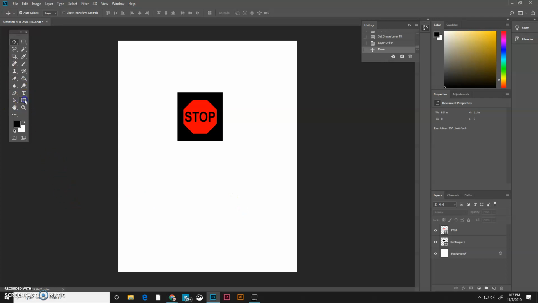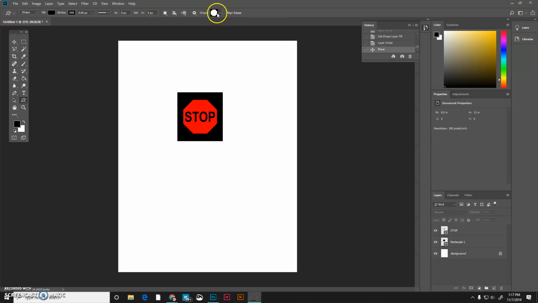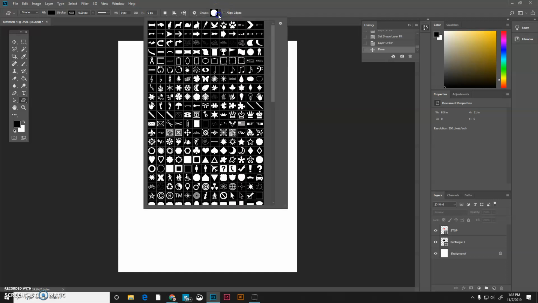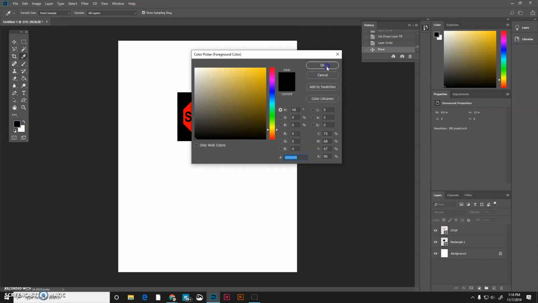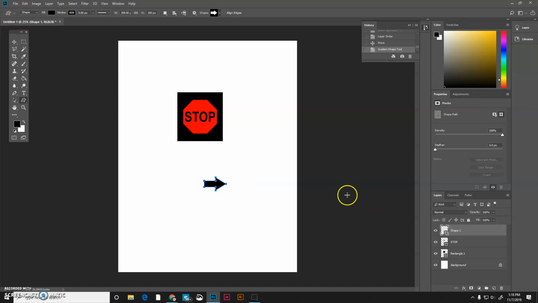Then the second thing I want you to do is we're going to combine some shapes. Okay. So let's go back to the custom shape tool. And let's go ahead and create something out of multiple shapes. Okay, so I'm going to create like a compass rosette, right, out of arrows. So I'm going to come up here and I'm going to grab this arrow right here, and we'll just leave it black for now. Okay, so I'm going to make an arrow that goes like that,